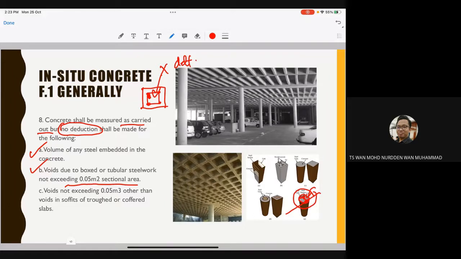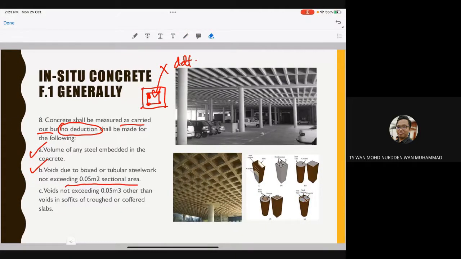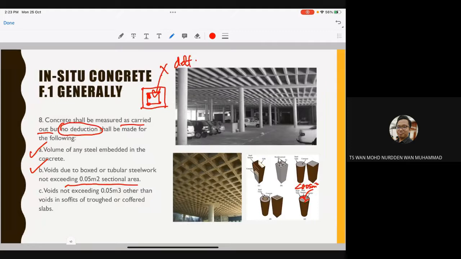So kalau keluasan besi tu, kalau kita ukur in meter square, okay, should be less than 0.05 lah, meter square. Less than 0.05 meter square. Tapi kalau lebih, maksudnya akan ada banyak lah besi di dalam konkrit tersebut, so kena buat deduction. So but if it is less than 0.05 meter square sectional area, so kita tak perlu buat deduction. And C,